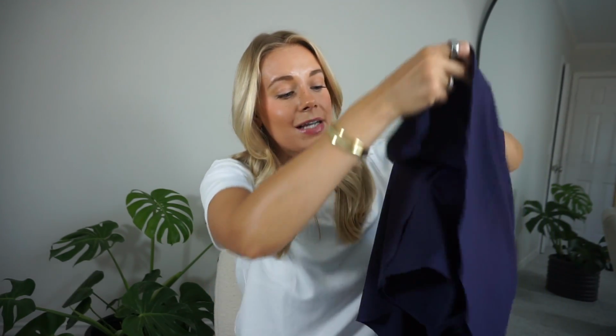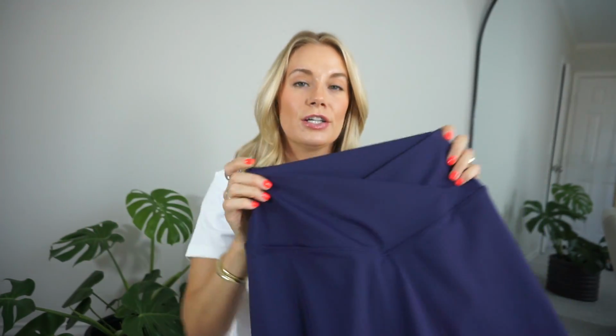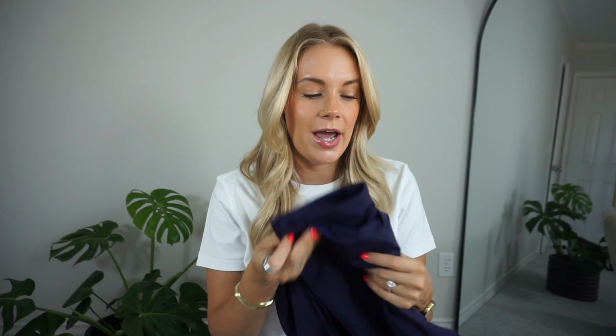I think it's called a dolphin type of, I don't know. And it's got the shorts underneath, of course, and the pockets on either side. My favorite style of skirt. I own this in many different colors, but I did not own a navy skirt, and I'm excited to have this for the fall. I think this is going to look really cute with so many different items,